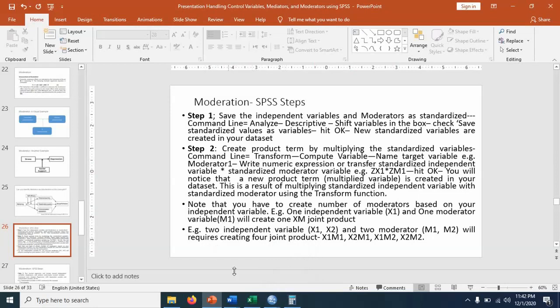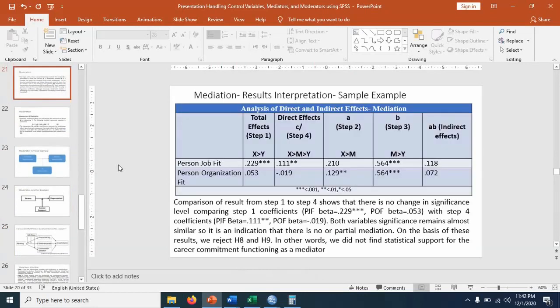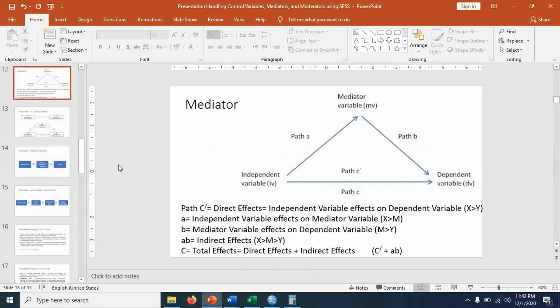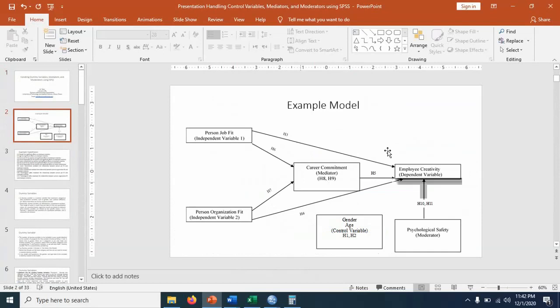How many moderators we need in this case, by the way? Let's start from the beginning. Because we have two independent variables, one dependent variable and one moderator, we need two moderators.